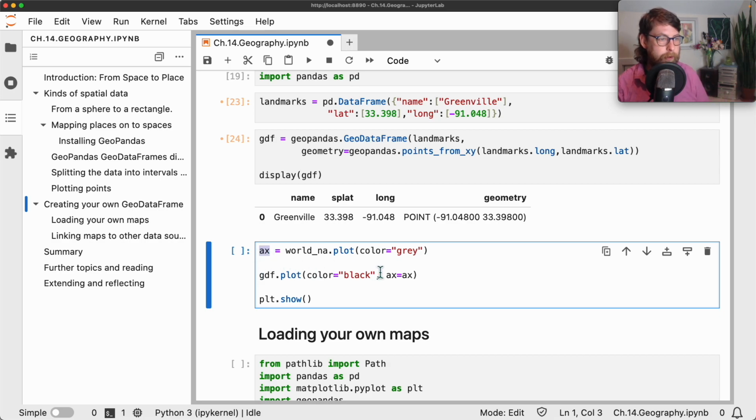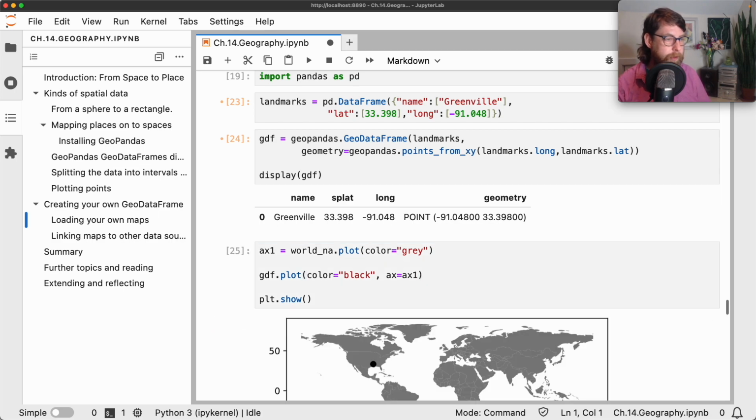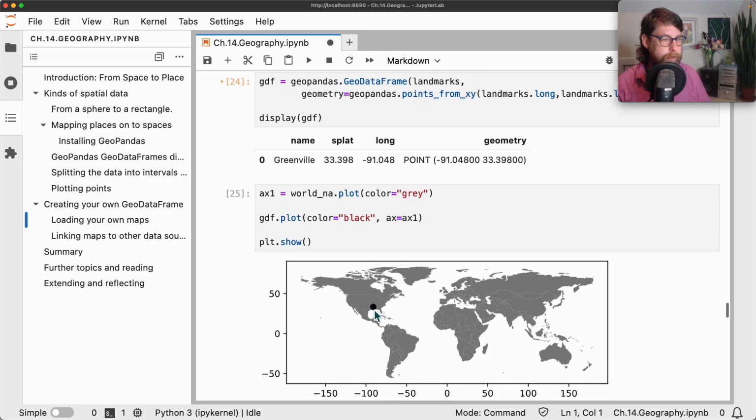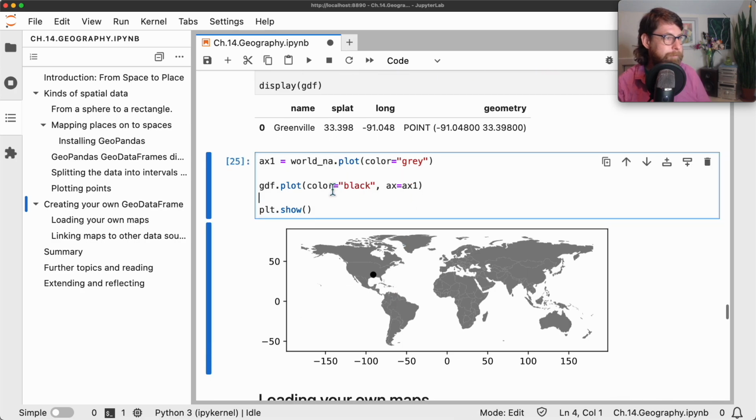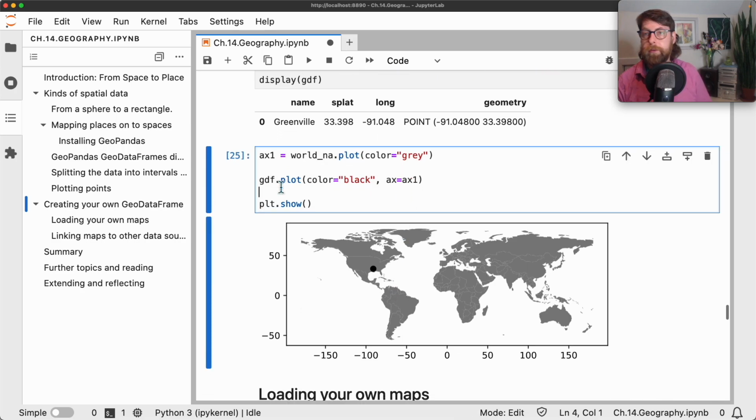And so AX up here, and call it again, we could call it AX1, and then we could say our axis is AX1, and it will also plot our point right here. Let's have a look at that, and we can see that's thereabouts where Greenville, Mississippi is, and where Henson was from. So that's just one point itself, but imagine if you were downloading from like a Wikipedia page or a